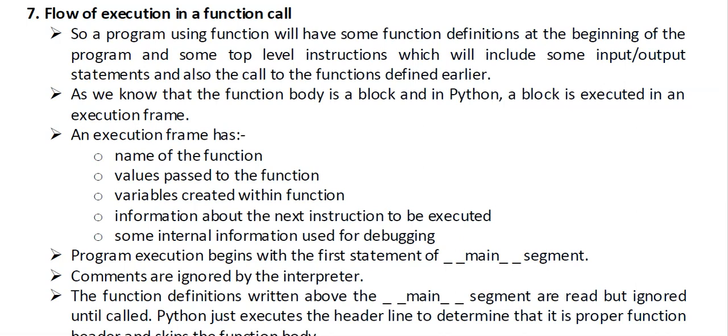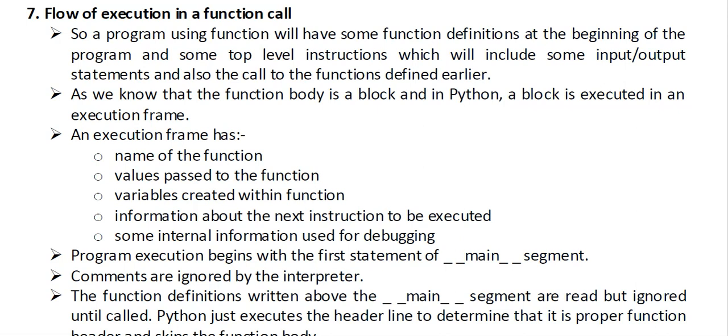It means, what will be the difference in execution of a program if we write it using functions? Suppose you have written the same program of a calculator using the conventional approach. That means code lines one after another without any block, without any indentation. And the second user has written the same program using functions: one function for addition, one function for subtraction, and so on. So what will be the execution difference?